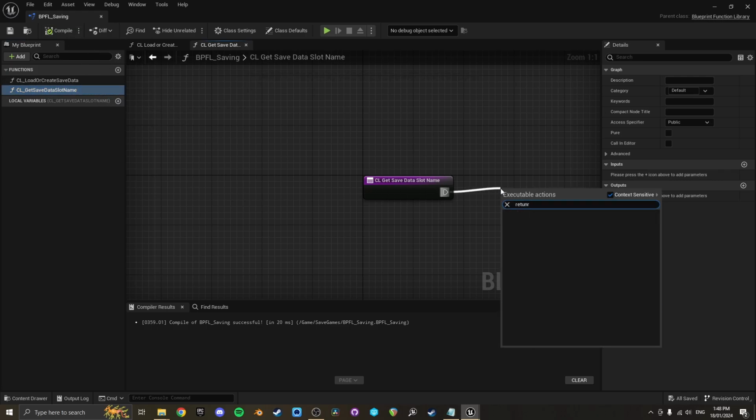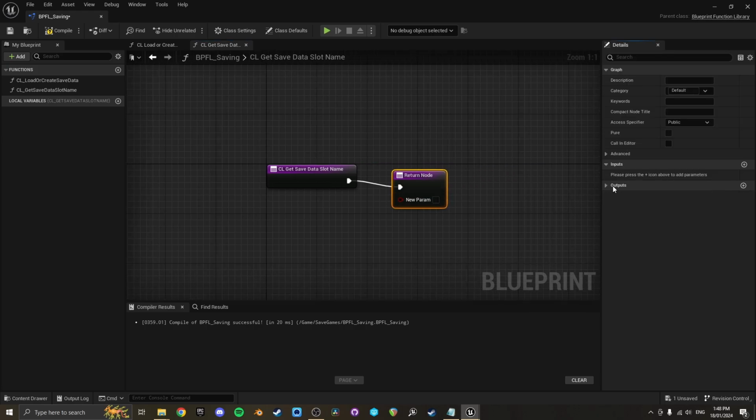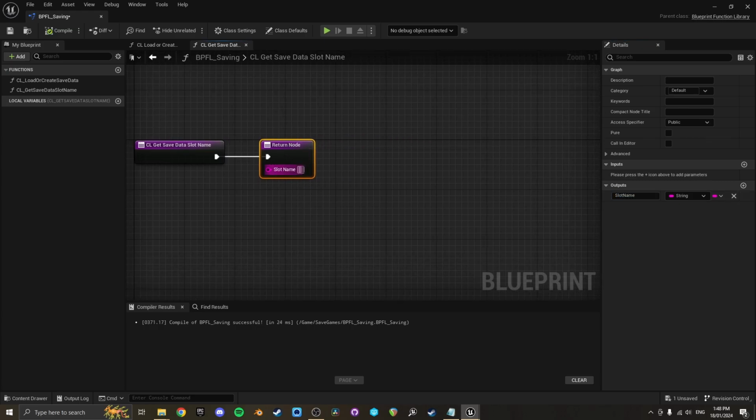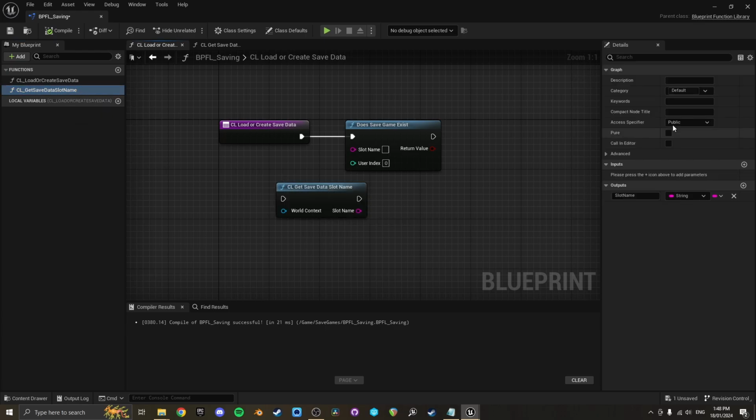And then I'm going to make this just a return node like this, and I'm going to add an output which will be a string, which will just be slot name like that. And I'm just going to call this save data. Could be called player data, inventory data, save data, whatever. But basically, I'm going to drop that in here, convert it to a pure function like this,